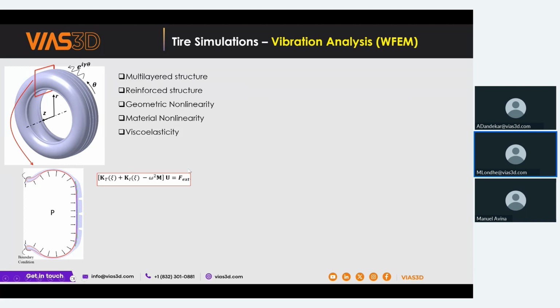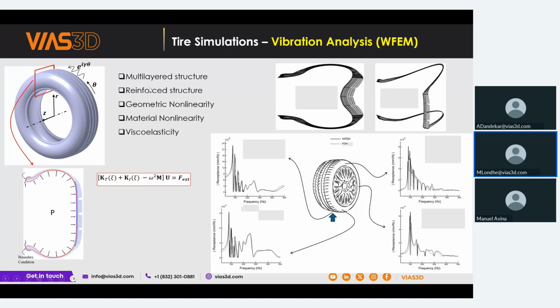But in such a case, your equation of motion will become a twin eigenvalue problem. Earlier, only omega, which is the natural frequency, was the unknown, but now there are two eigenvalues, zeta and omega. Here zeta represents the wave number, that is, how your tire vibrates over space. So if you do the simulation, then you will find the mode shapes and natural frequencies.